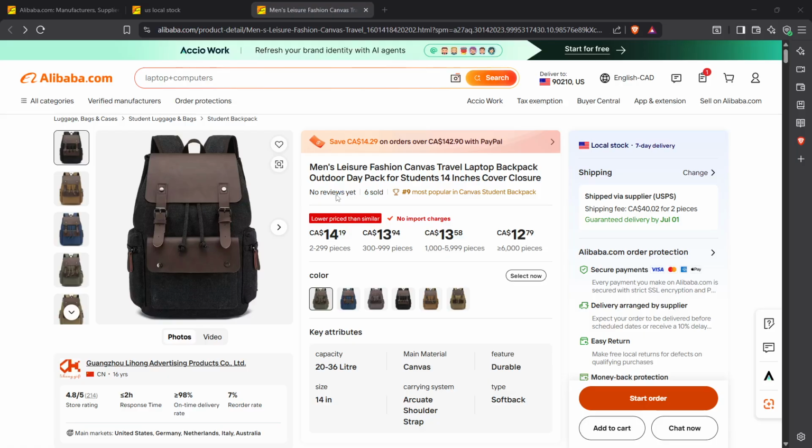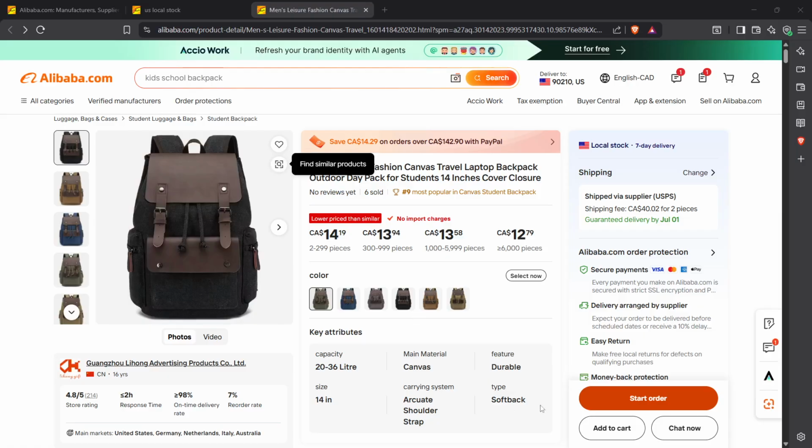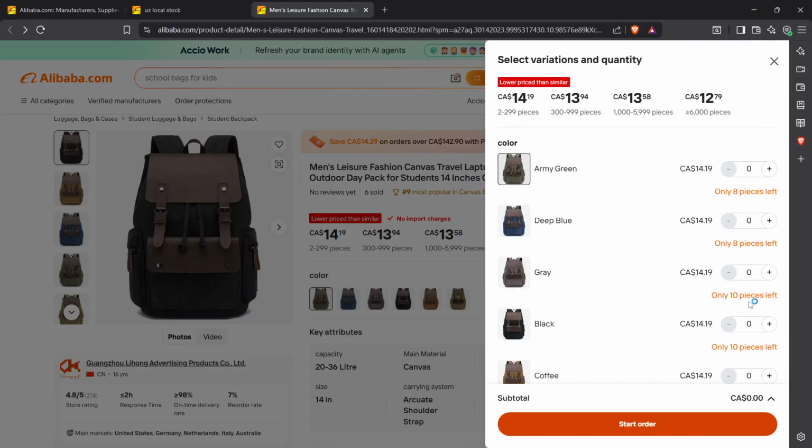First, you need to click on Start Order. This is the initial step that kicks off your purchasing process. It's like opening the door to your shopping cart on Alibaba. Once you do this, it sets the stage for everything that follows. Remember, this is where you begin your journey to a secure transaction.